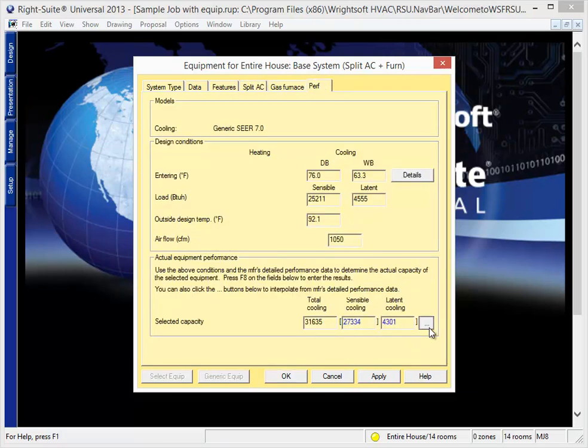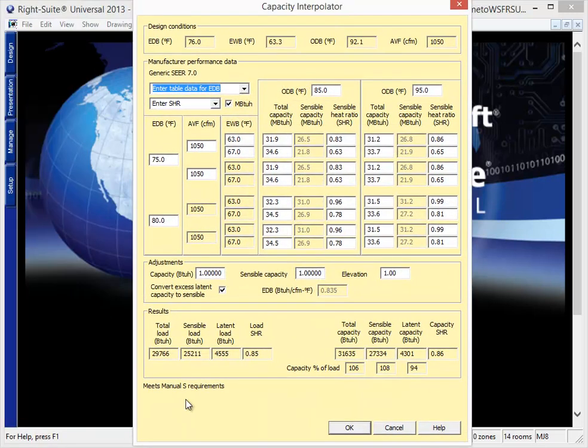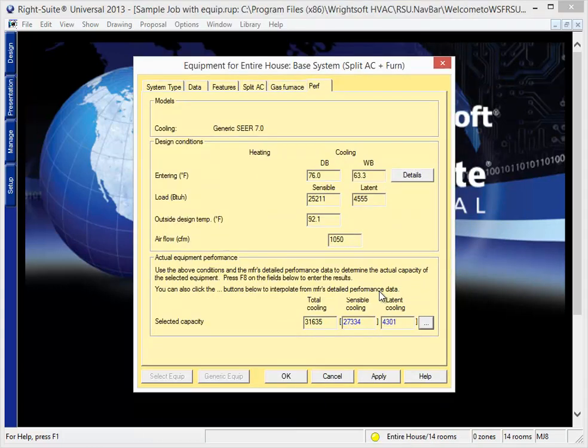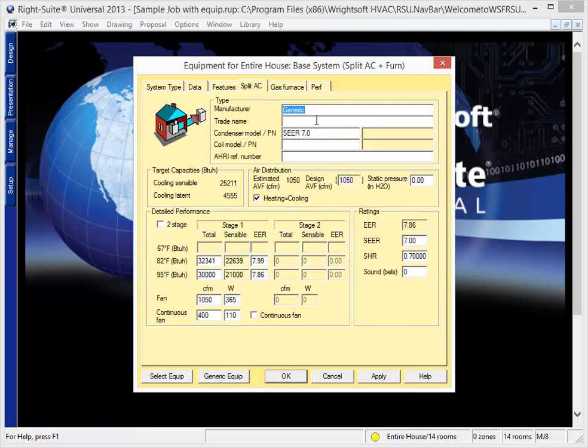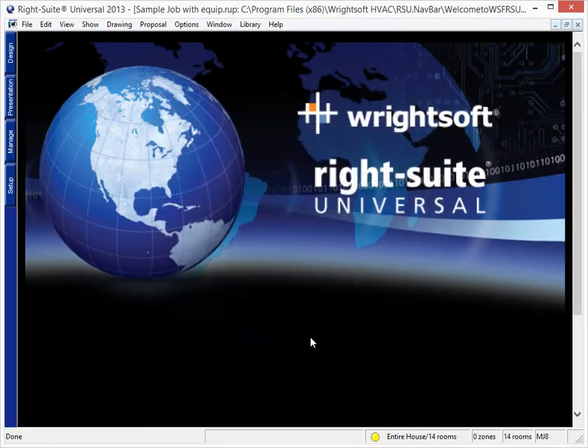Now, if it doesn't meet the criteria, you will get the message at the bottom of the Interpolator page that this does not meet Manual S criteria, at which point you either need to potentially change your CFM range or find a new matchup that will meet the criteria. If this seems like a lot of effort, it can be, which is why we prefer to use manufacturer performance calculators and, certainly, when available, the automated Manual S features that Wrightsoft has to offer from the manufacturers that provide us their data. But once you do find one that meets that criteria, and you do populate the model numbers for that equipment, I'm free to click OK here and print